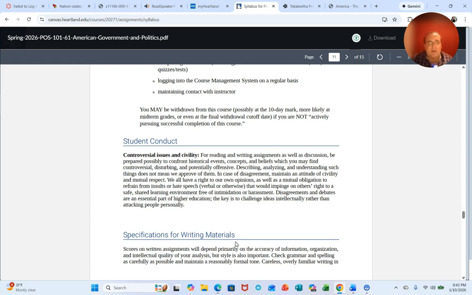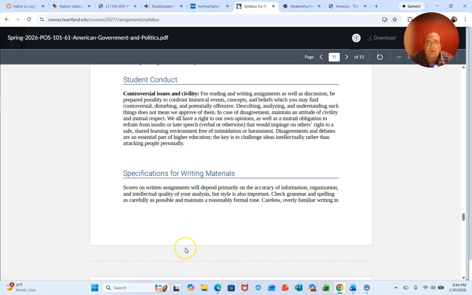All right, we're going to be studying some controversial things, right? For reading and writing assignments as well as discussion, be prepared possibly to confront historical events, concepts, and beliefs which you may find controversial, disturbing, and potentially offensive. It's just going to happen.